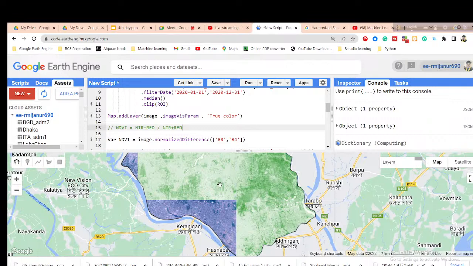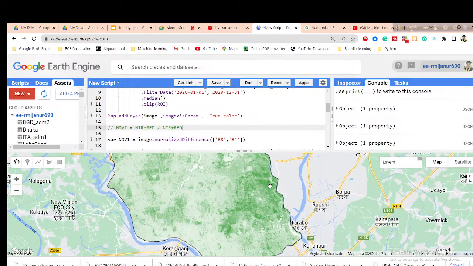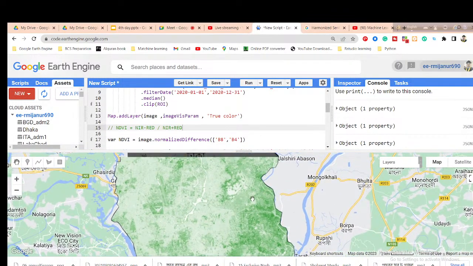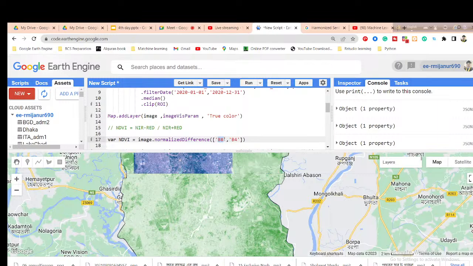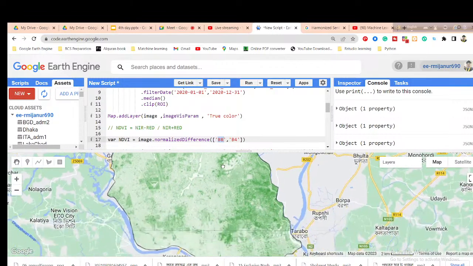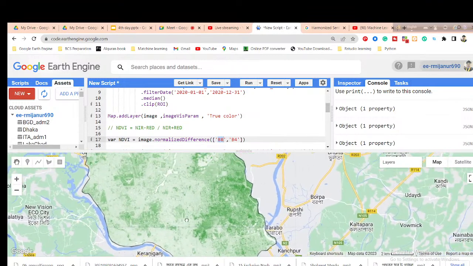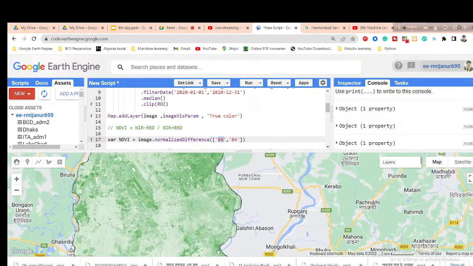Okay, you can see we can easily identify this is the vegetation region. This map is better. The first time, by my mistake, I put B5. B5 is the near infrared band for Landsat, but B8 is the near infrared band for Sentinel. Just remember that, and we'll put the equation, then you can get a much better map of the